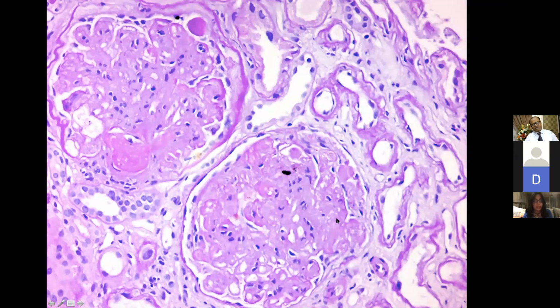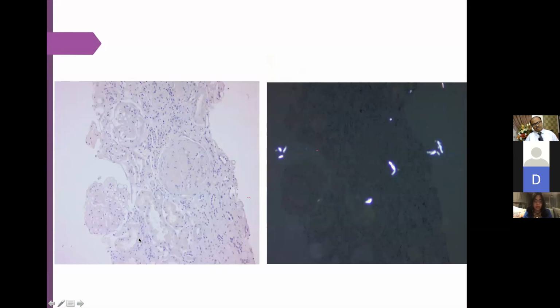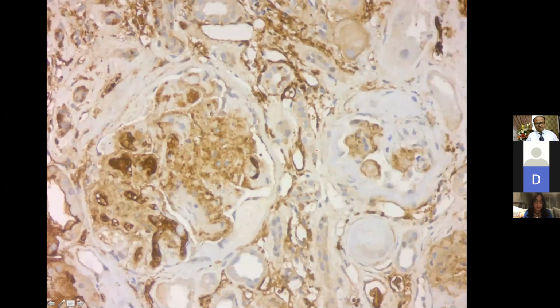So of course I doubted amyloidosis. But then his Congo red was completely negative, as you can see. No red deposits or birefringence. And then I looked at his immuno, and this was his IgG. It's not common, you should not in diabetes get a positive IgG, especially in the mesangium. And again, this IgG had a bit of smudged deposits.